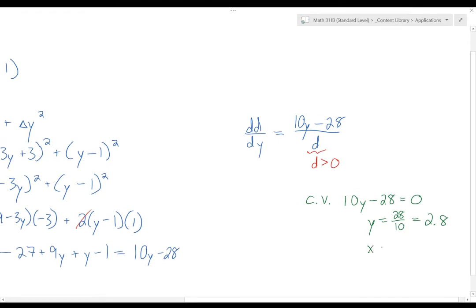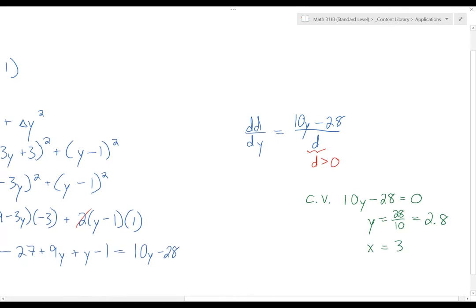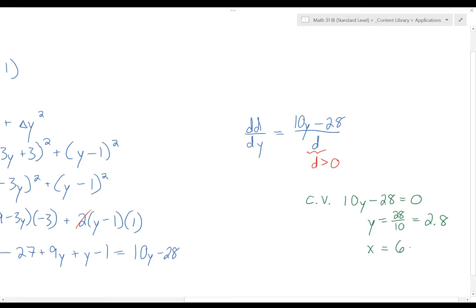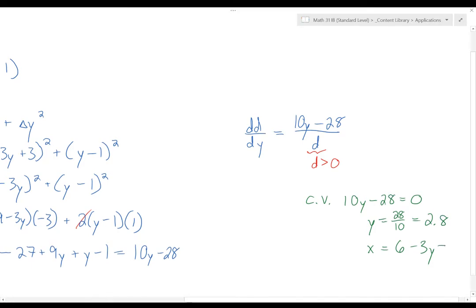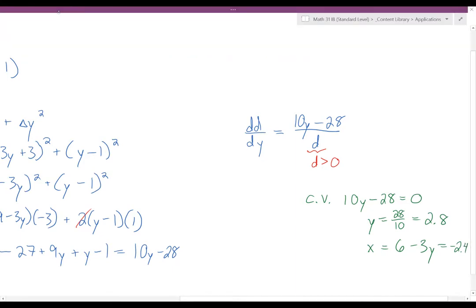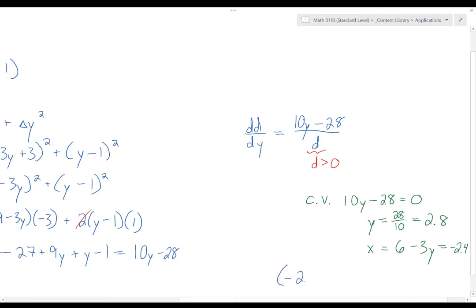So x was equal to 6 minus 3y. So if I do 6 minus 3 times 2.8, we get negative 2.4. So the answer to the question is that the point negative 2.4, 2.8, is the closest point on that line